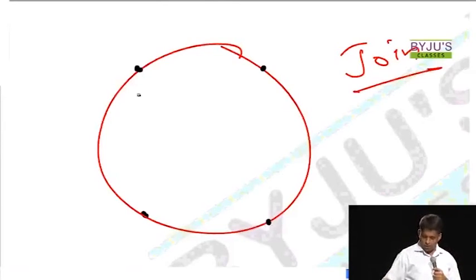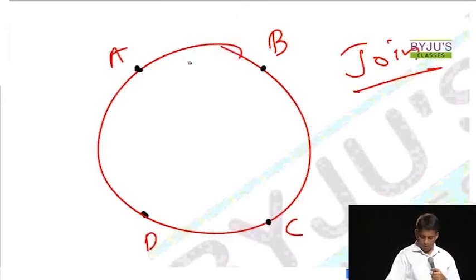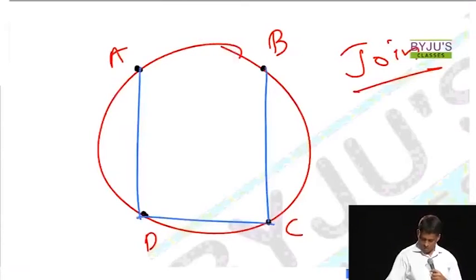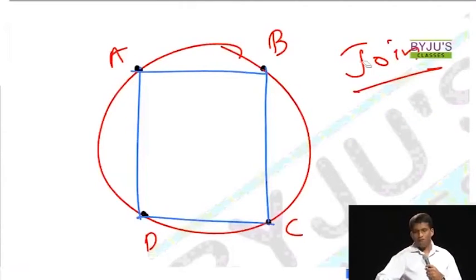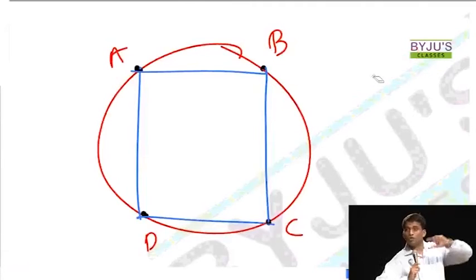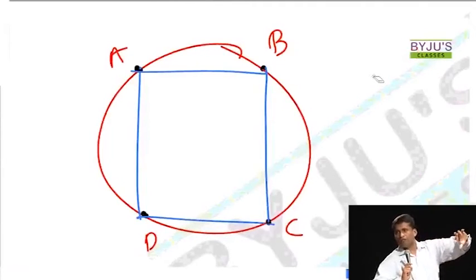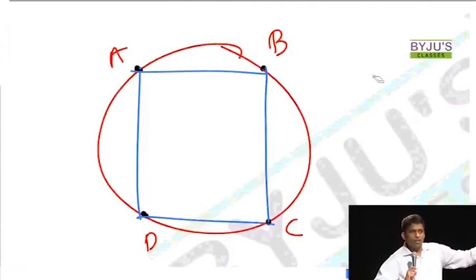So one which you can think of is when all the 4 points are on the circle, let me call it ABCD. One, you can join the lines like this, without crossing each other, you're joining the 4 points, we call it cyclic. So this is one property which you can think of. See, it should be the other way around. When you see a circle and 4 points, you should relate to this property. Or